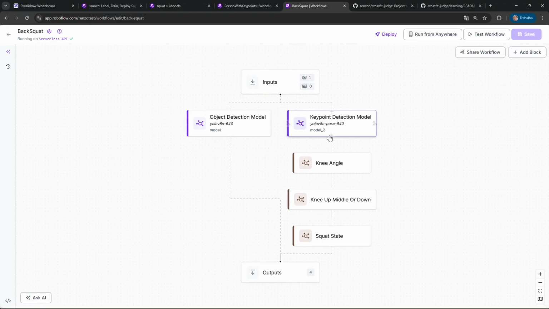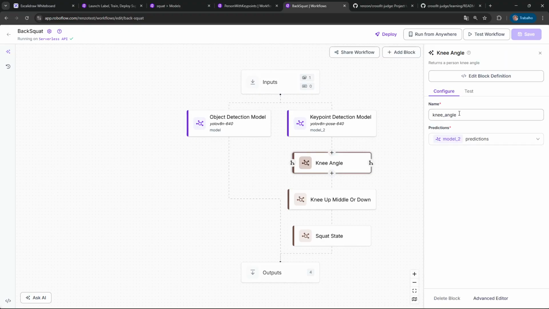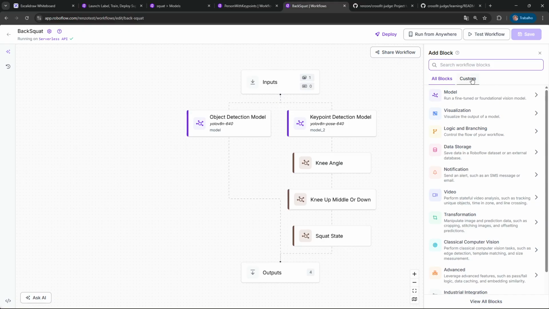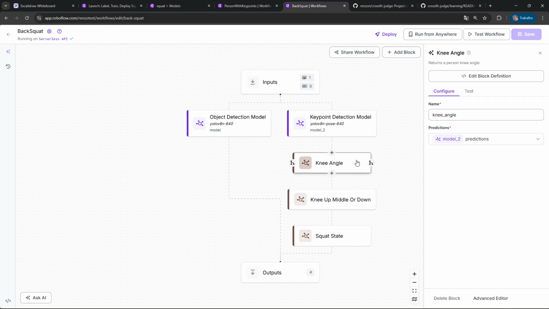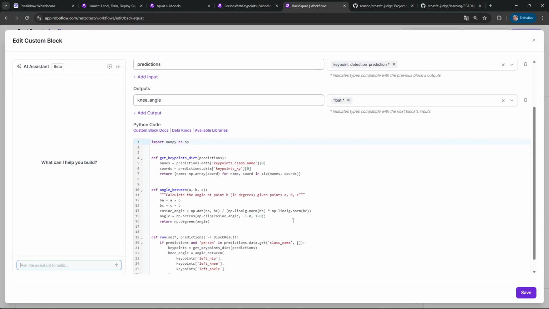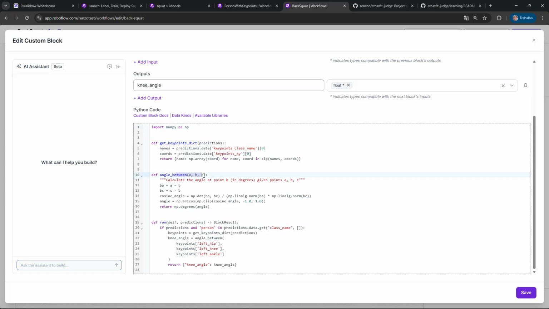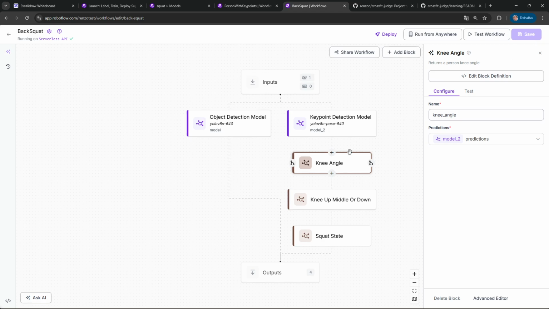And if you can check in here, I have created, and you can create that. You can add a block and create a custom Python block. I have done that. And I just extracted all those codes that we have just saw in here. You know, check the angle between points that I had in there. So I defined the output to be a knee angle. So this way I have as output the knee angle here.